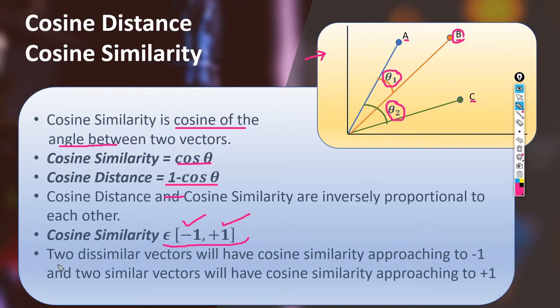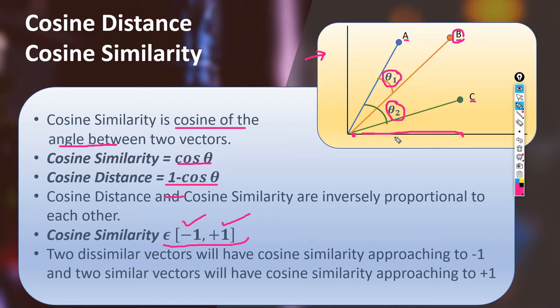Now, two dissimilar vectors will have cosine similarity approaching -1. Why? Say you have one vector here and another vector pointing the opposite way. The angle between them is 180 degrees, and cos 180 is -1.